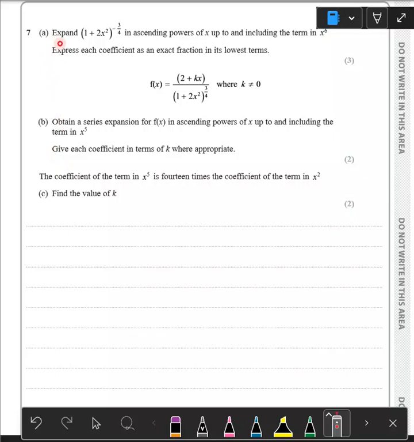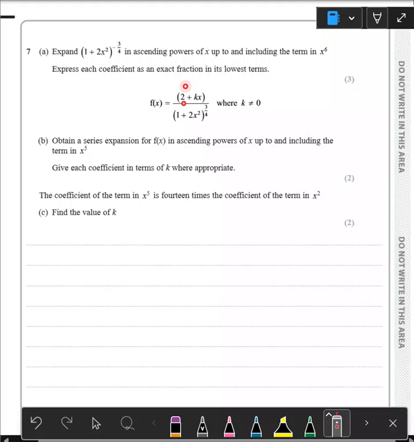The question begins by saying: expand (1 + 2x²) to the power negative 3/4 in ascending powers of x up to and including the term in x to the power 6. Express each coefficient as an exact fraction in its lowest term. So for part A,